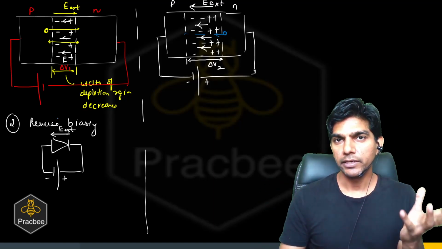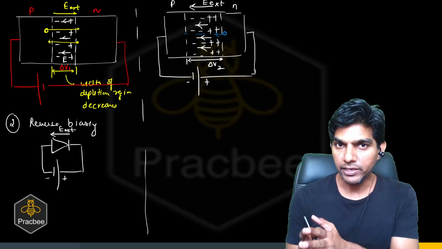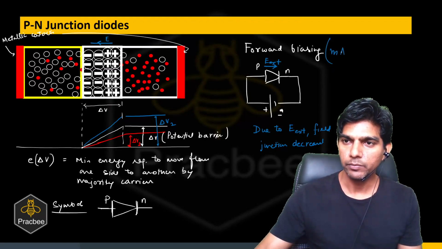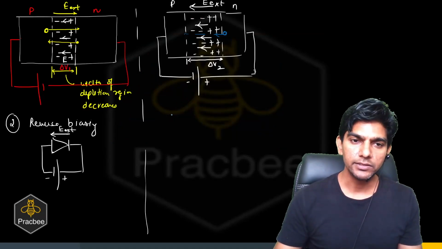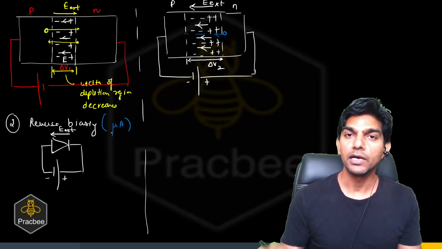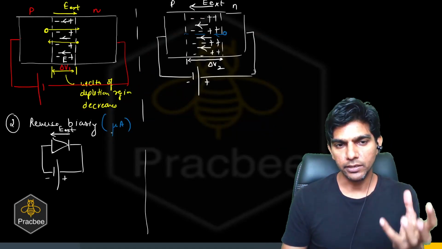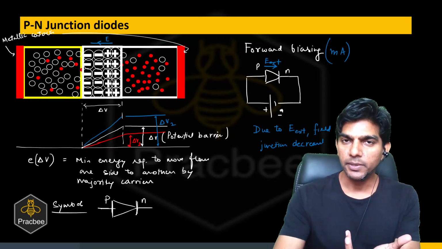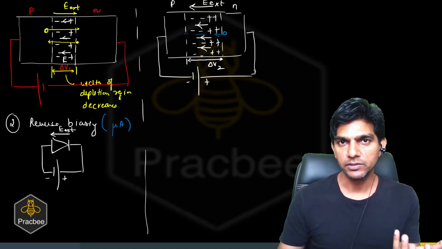So that's why the current in forward biasing is of the order of milliampere, but in the reverse biasing, it is of the order of microampere, nearly 1,000 times lower current. Because in reverse biasing, we have minority carriers which constitute the current, but in the forward biasing, we have majority carriers. So we have to keep these points in mind.